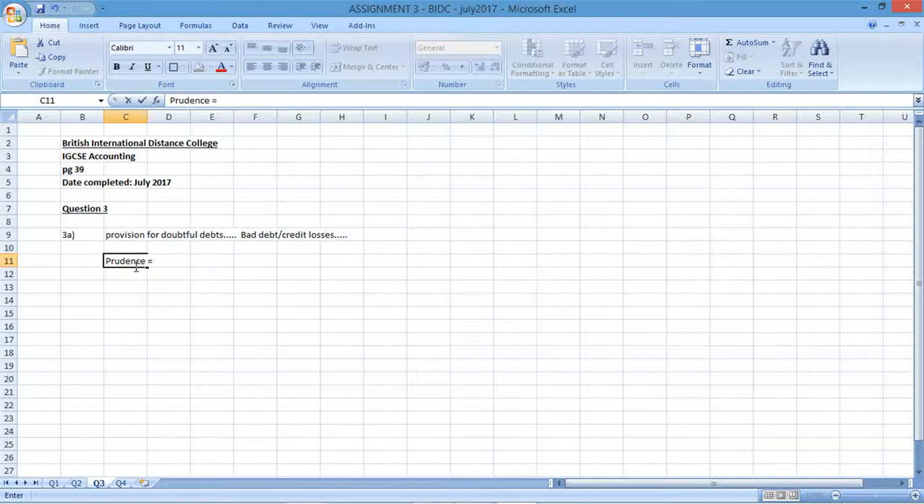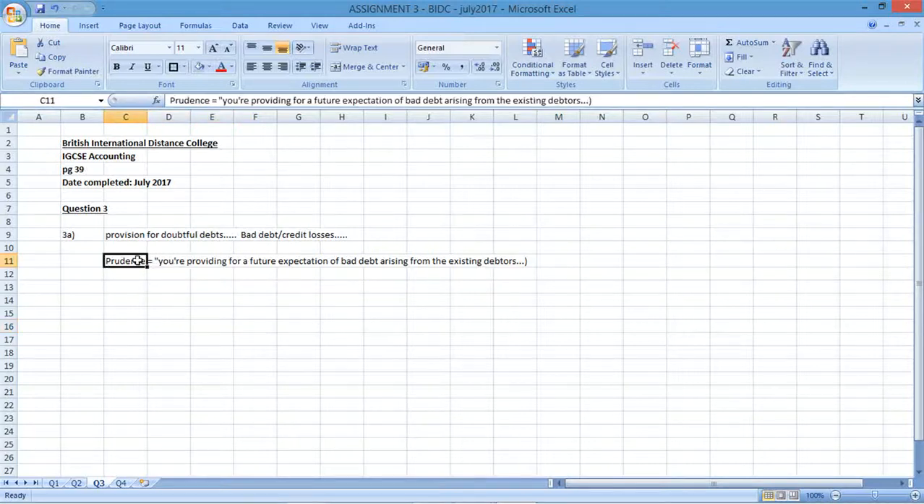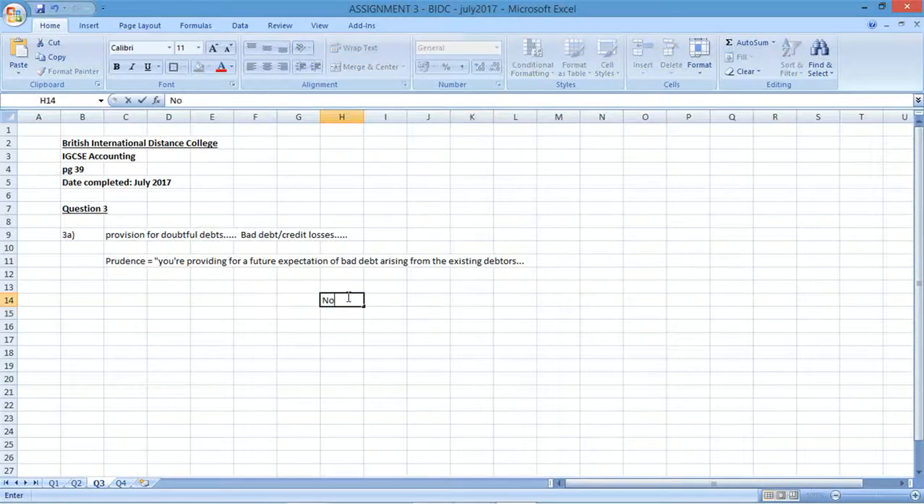So what do I mean by that? You're providing for a future expectation of bad debt arising from the existing debtors. So remember, debtors is an asset, so you're going to record your debtors in the statement of financial position. In the statement of financial position, so non-current assets, current assets actually, in the statement of financial position,